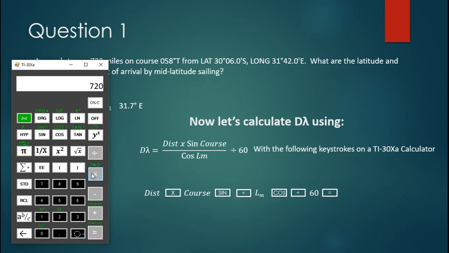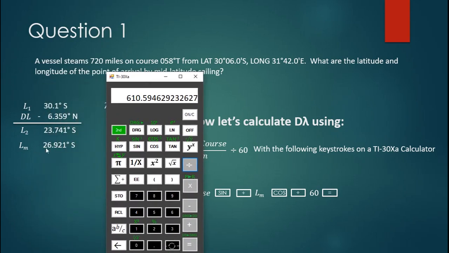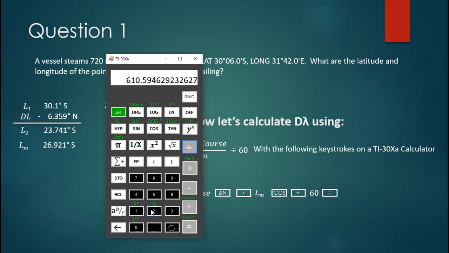Times the course of 58 degrees, sine, divided by our LM, which we got right here, is 26.921. Cosine, divided by 60, equals